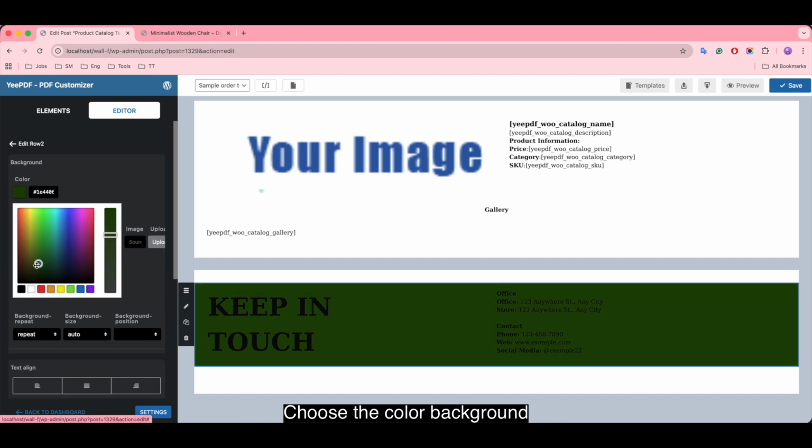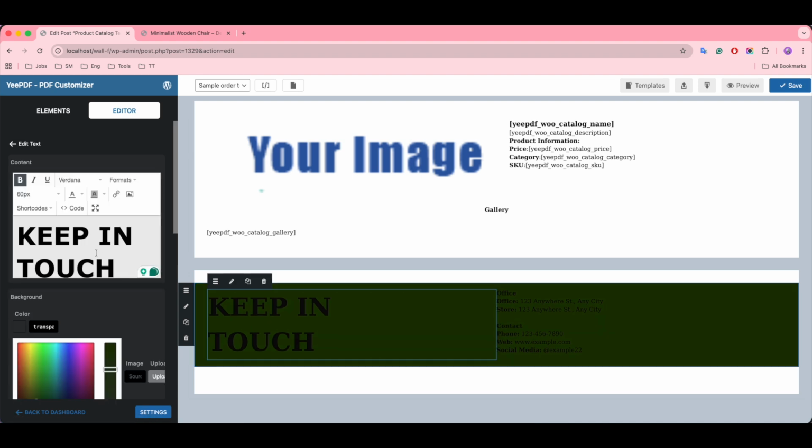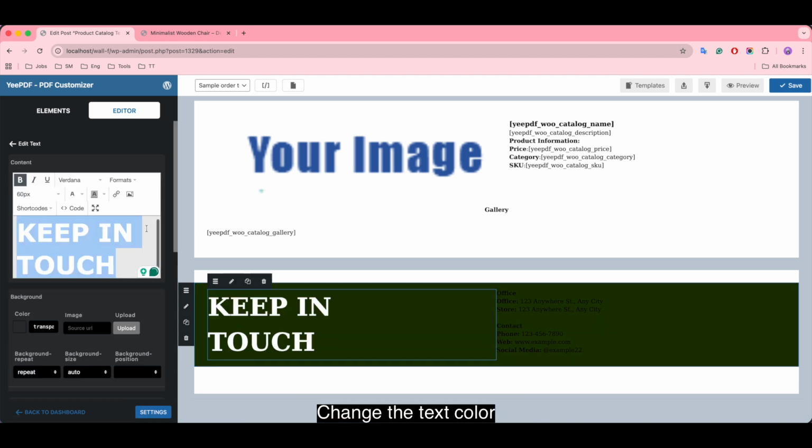Choose the color background. Change the text color.